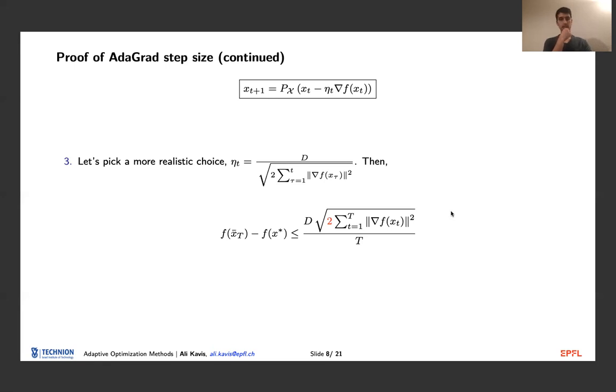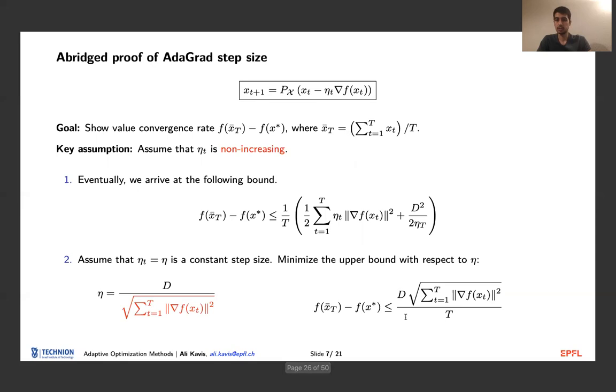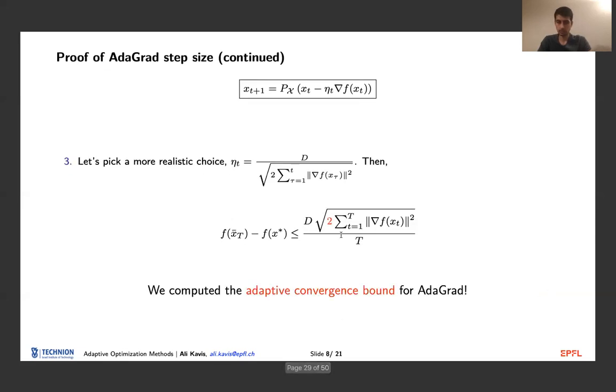The analysis is pretty standard and it's pretty clearly written, so you would understand how we actually end up at this stage. And the good thing is we actually proved how we obtained the AdaGrad step size in the first place, and we've also shown the adaptive convergence bound for AdaGrad. As we said previously, our rate in the most optimal setting was this, and now you're just suffering a square root of t factor, which is, I think,